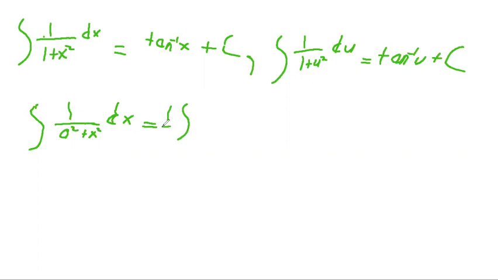I'm going to factor 1 over a squared out of the denominator here. And so what we're going to end up with is 1 over 1, you see 1 times a squared is the a squared that you see right here, then right here you have plus